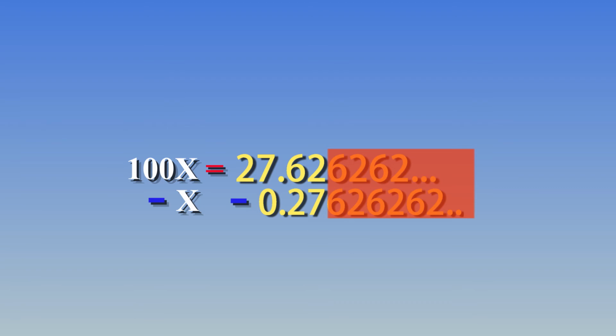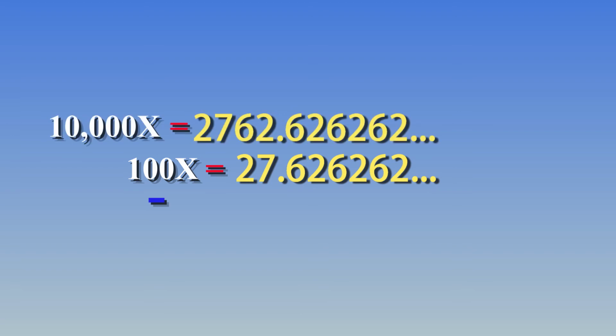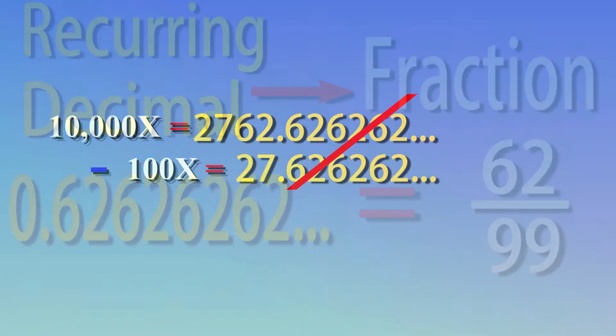So instead, we can just multiply the original recurring decimal again in a way that creates an even larger number, but one that still has the same recurring pattern after the decimal. You would then have two numbers, both with the same recurring decimals, which will cancel, and that will make your numbers easier to work with.